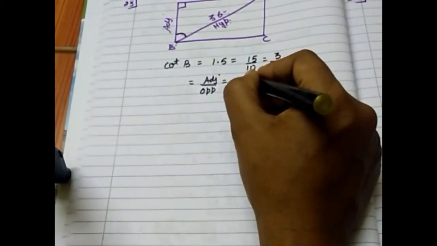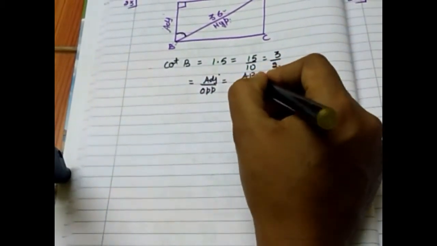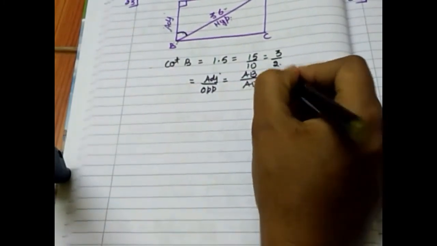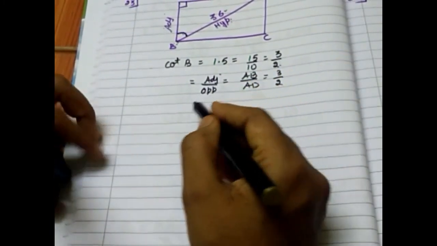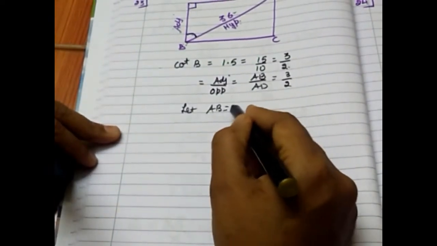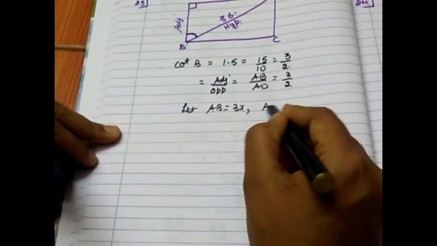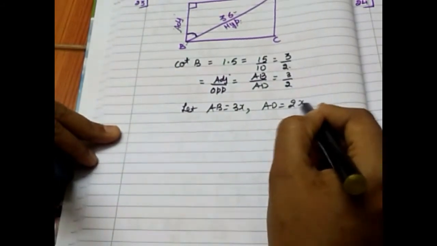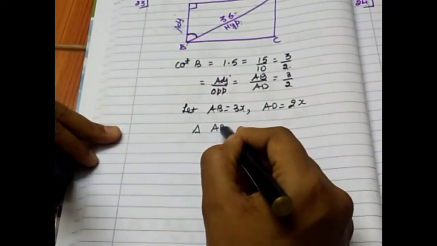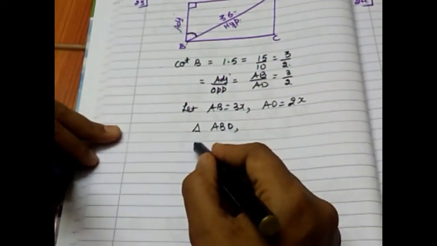In this, adjacent is AB and opposite is AD, that is equal to 3 by 2. In a similar manner, let AB be equal to 3x and AD be equal to 2x. So apply the Pythagoras theorem for triangle ABD, that is